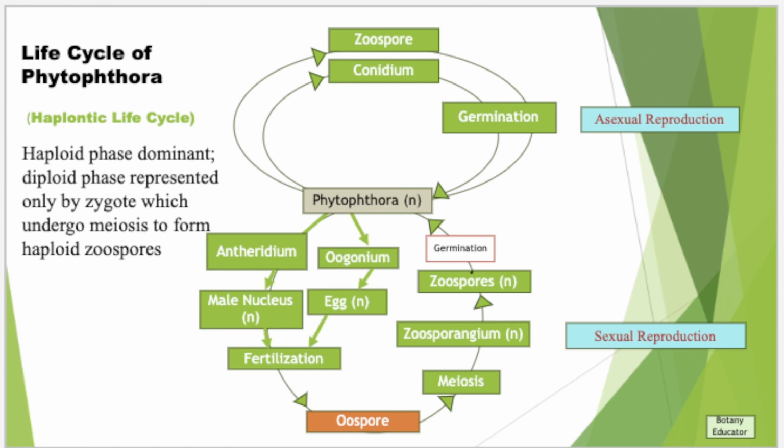So we need to know when these structures are formed. It's all about its life cycle, right? It's all about its diseases, stages, and we can say how this fungus looks like. It's not all about the life cycle of a disease, it's all about the phytophthora life cycle. So it's a haplontic type of life cycle. Next I will be taking up late blight of potato, in which we will talk about this